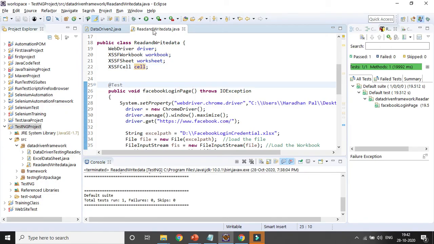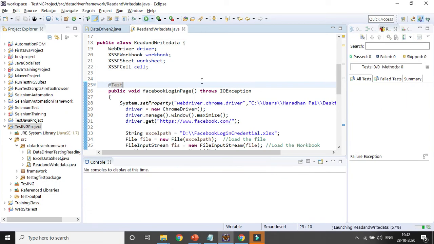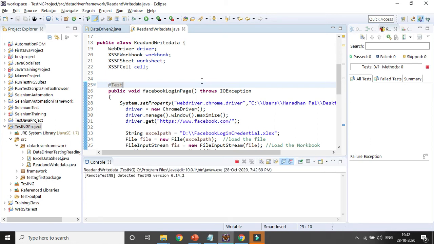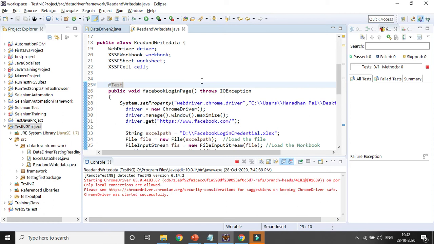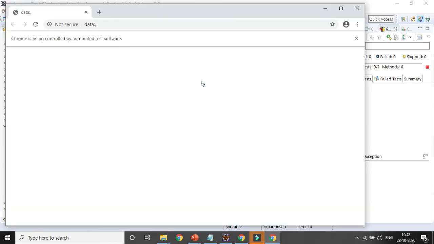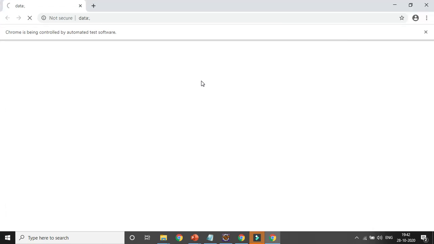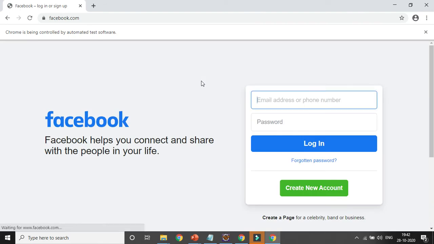Let's run the code and see. It launches the Chrome browser, opens the Facebook page, identifies the email ID and password fields, and enters the value.